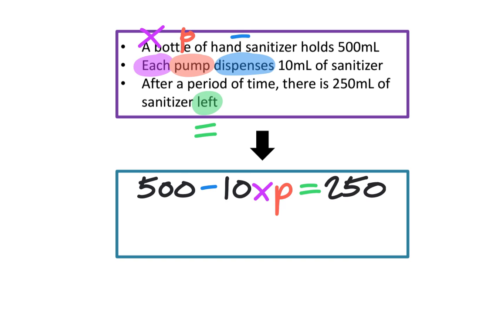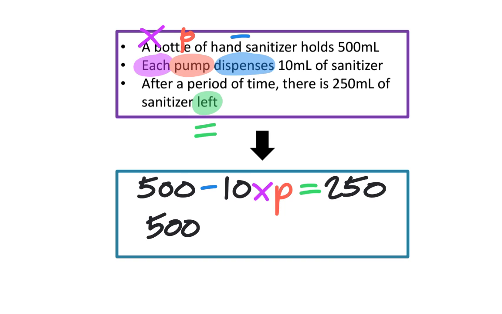In other words, our bottle starts with 500 milliliters, and we are going to dispense 10 milliliters each pump. And we're going to be left with 250 milliliters after a period of time. Let's clean this equation up. We don't need this multiplication sign, so I can rewrite this as